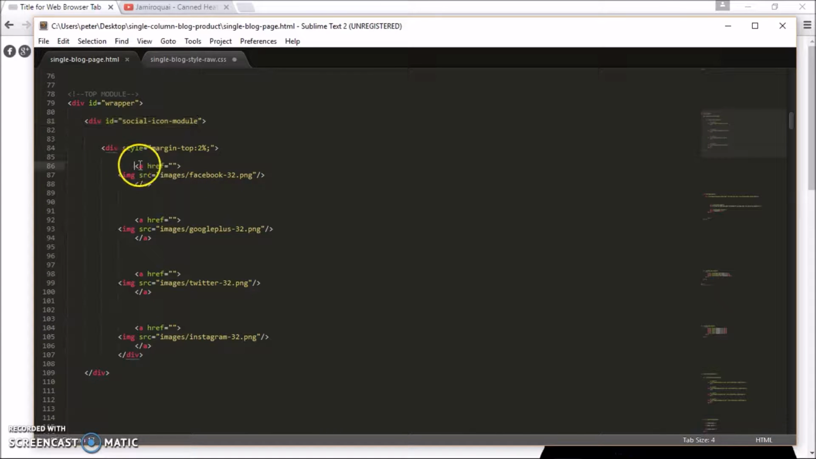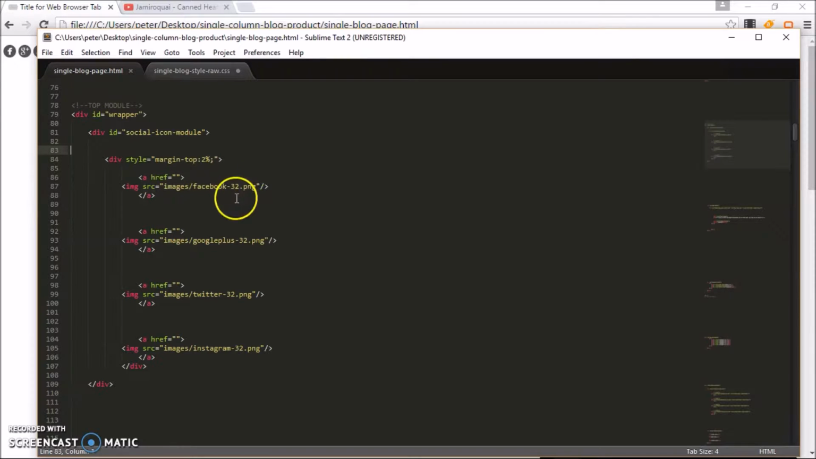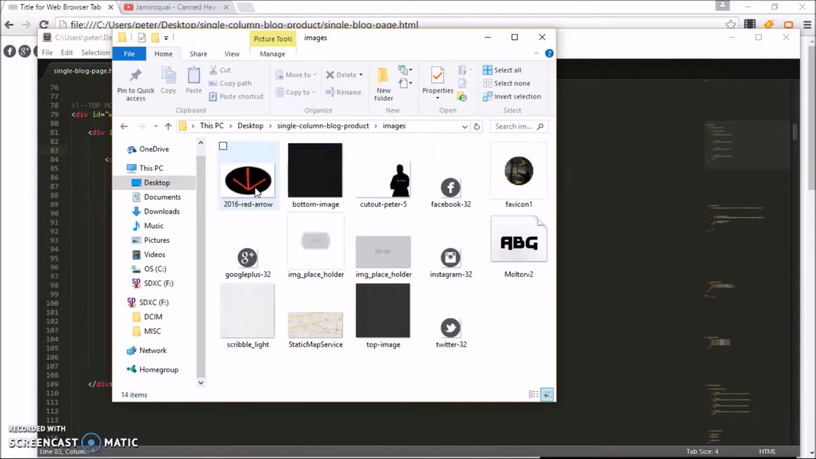And anything in between, which we're going to talk about, which will be right here, are your images and your links. And the same thing goes for your menu. So when you click your about, it's going to take you to your about page. So as far as images go, if you go ahead and open your file and click on the images,